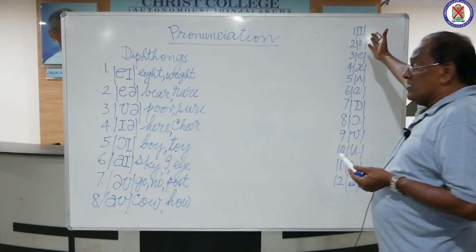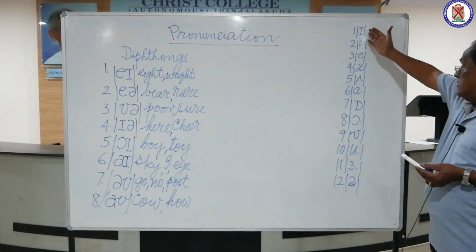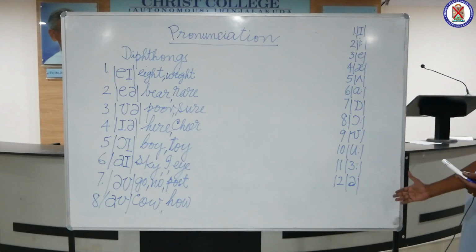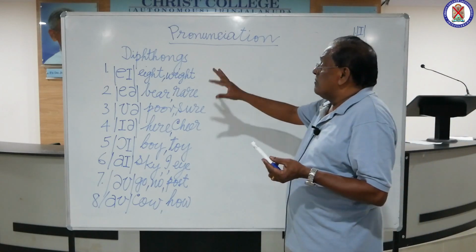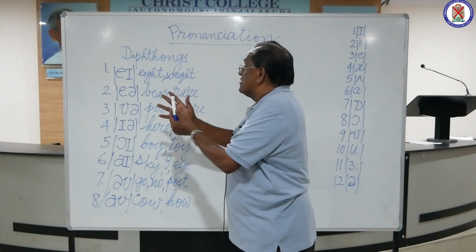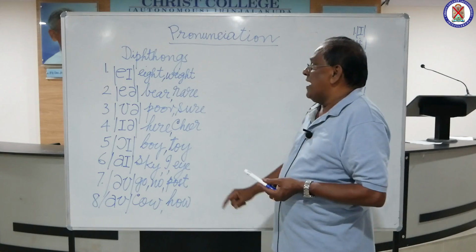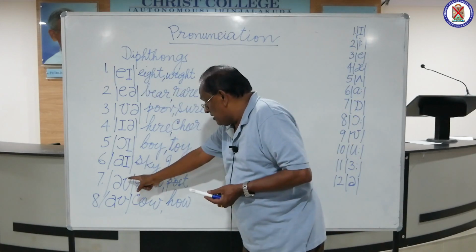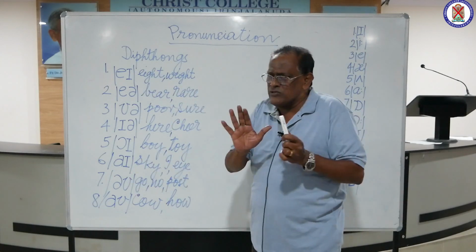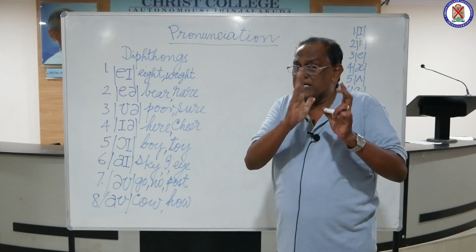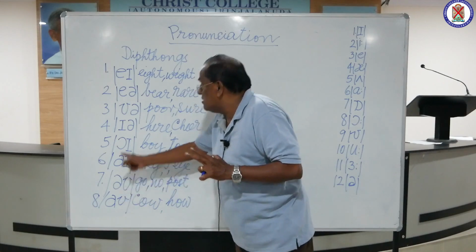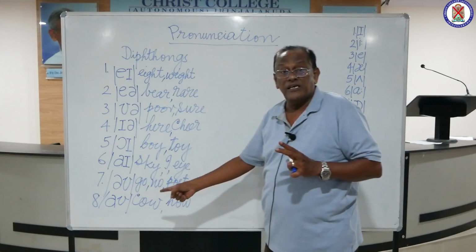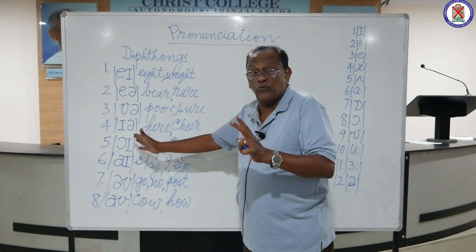We have the pure vowels here, and as I told you, from a combination of two vowels we get diphthongs, and I have explained to you the symbol. What you have to be careful about is to stick to the shape of the symbols. You have to write it exactly in the same way I have written here,